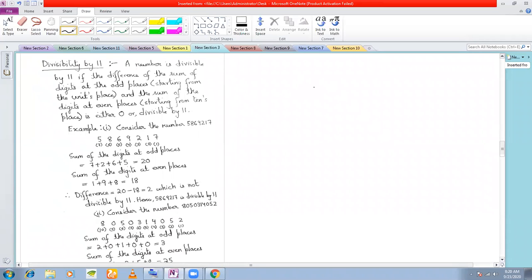So divisibility by 11. How to check whether a number is divisible by 11? In case of divisibility by 11, for any number, you first take the sum of the digits at the even places, and then you take the sum of the digits at the odd places, and then you take the difference. If this difference is divisible by 11, then the entire number is divisible by 11. Now what I mean by this, let us take an example. You have a number